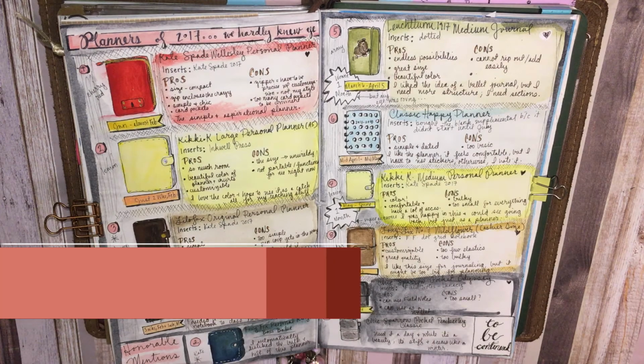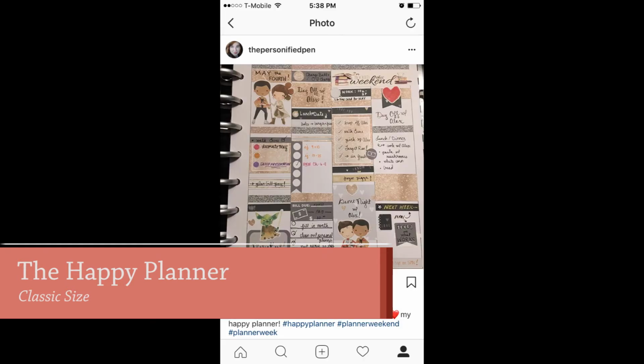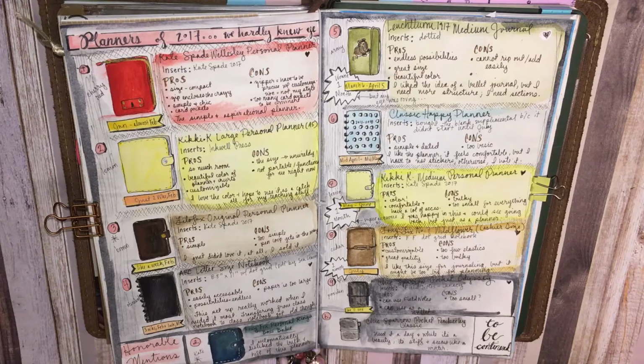Which led me to my comfort zone, which is the classic Happy Planner. I used one at the end of the year for probably 2 months, from November through December, really. And it was going really well. However, I don't like the standard just blank Happy Planner pages, so I feel like I need to decorate them like all over the place. I needed to add stickers, stamps, just beautiful things, because I disliked the plain background of the Happy Planner spread